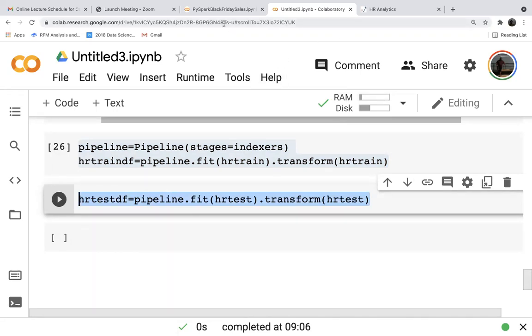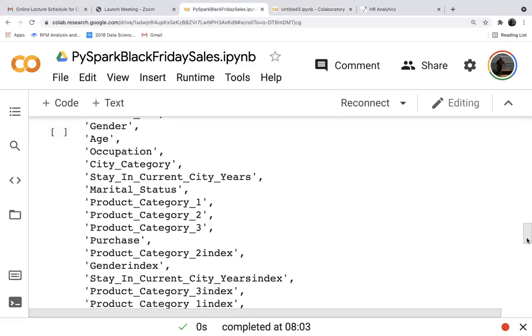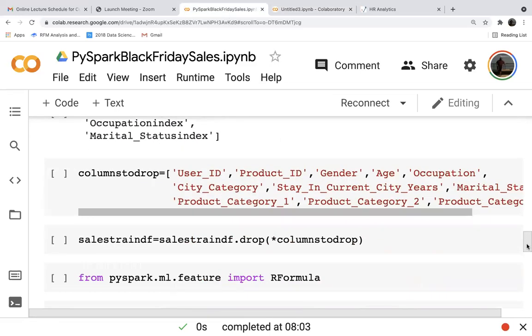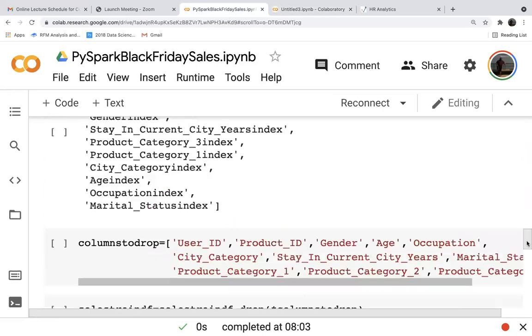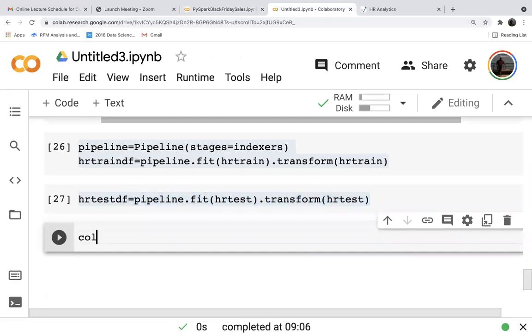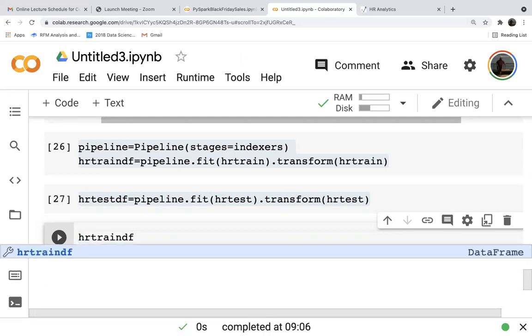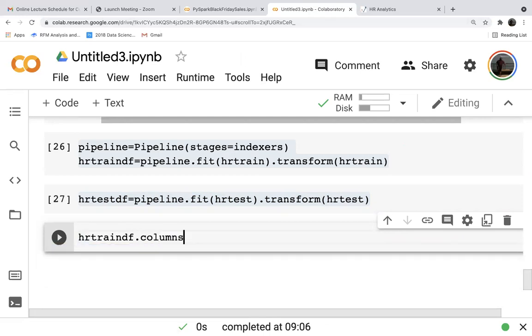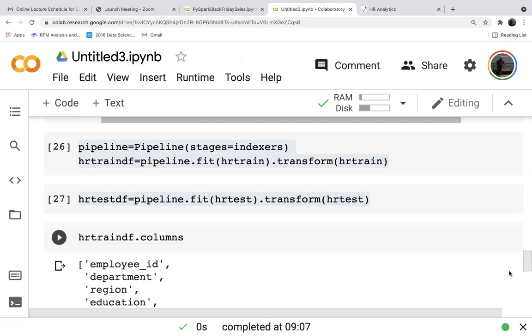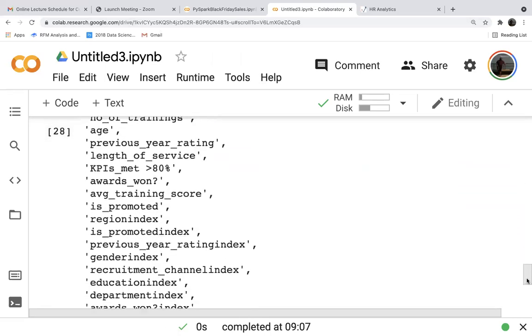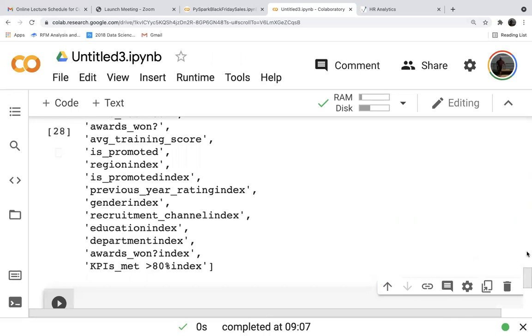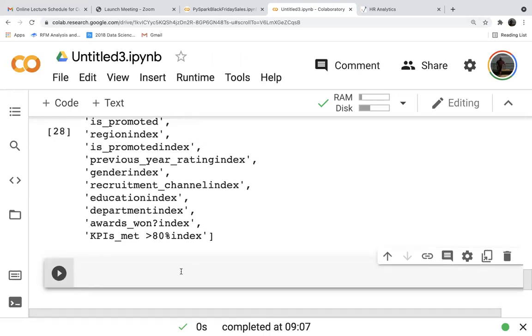So we have indexed the data, string indexing. Now we have to select the string index columns. So hr_train_df.columns. Then columns_to_drop equals a square bracket.